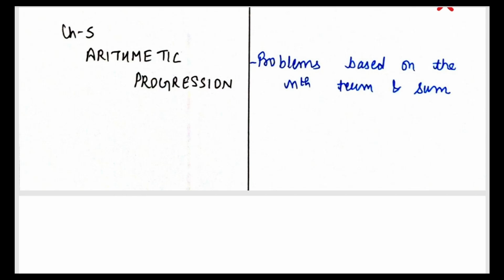Next is our chapter 5, arithmetic progression. In this all the topics are still there, the general form and the sum of the first n terms. You have to do both the topics. आपको बस कुछ questions नहीं करने. You don't have to do some questions, that are the word problems. Word problems, sum of n terms, इनके word problems नहीं करने आपको.